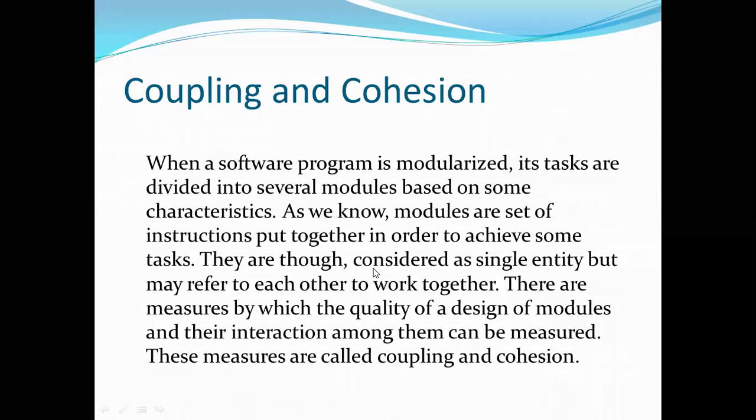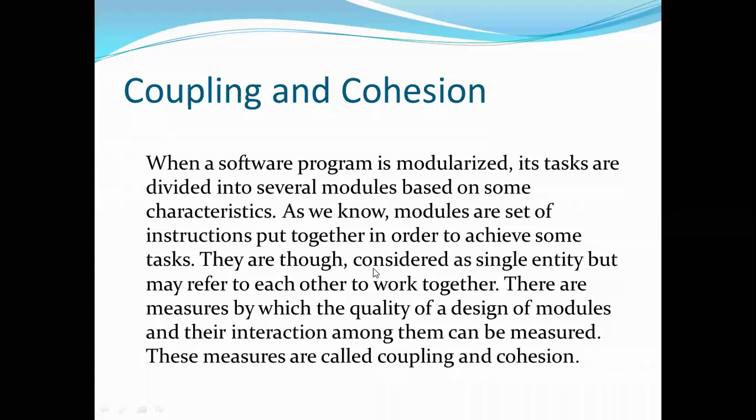Based on some characteristics, how do we divide them? Based on their characteristics, we divide the problem into modules. As we know, modules are sets of instructions put together in order to achieve some task. They are considered a single entity, but they may refer to each other to work together. Every module is basically divided into a strict single entity, and though they work with each other through interactions,